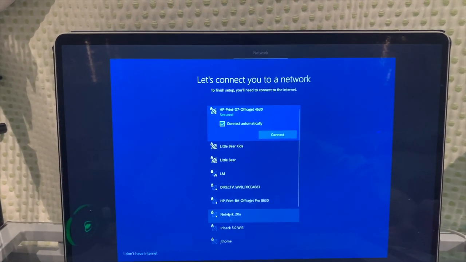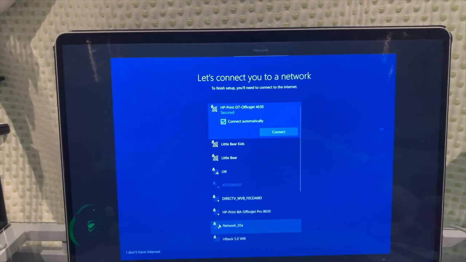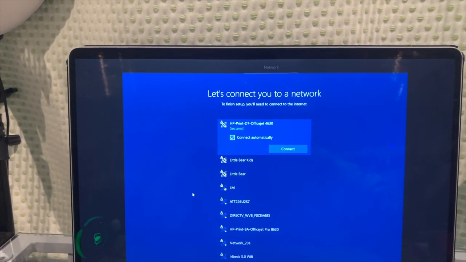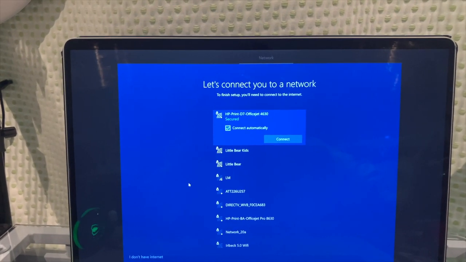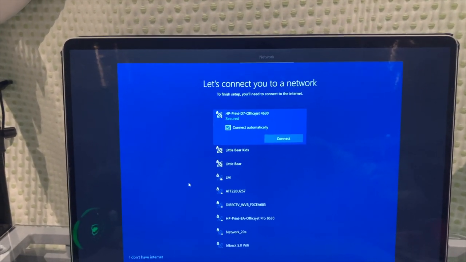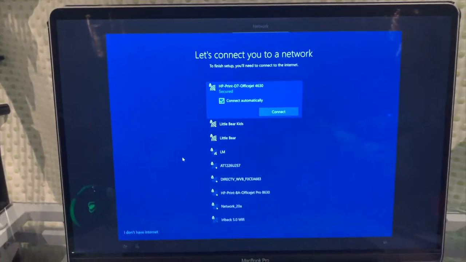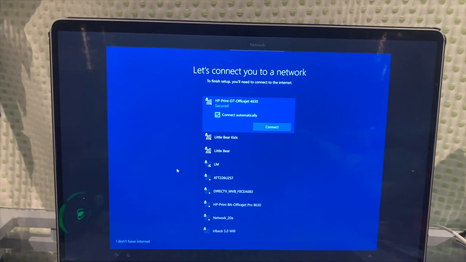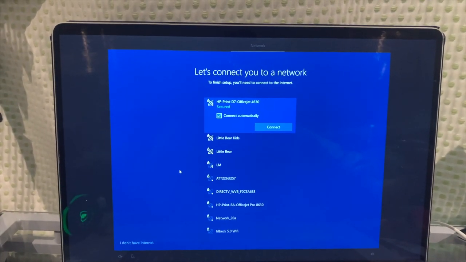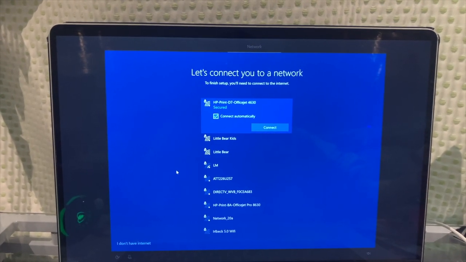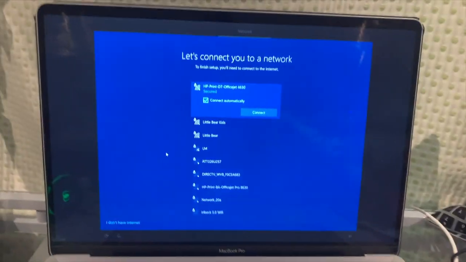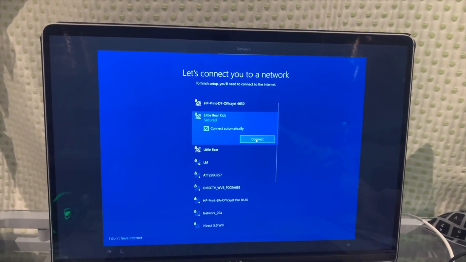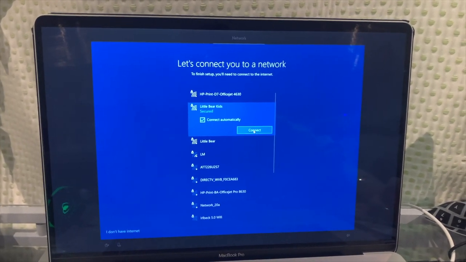Let's connect you to a network. So, some people have said that they need like a USB, or they need to be plugged in, or they're having internet issues. Long story short, I think that's what it's telling you, is that you need to have an Ethernet cable plugged in. Now, as you can see, this is wireless, so I can't really help you there. But connect to a network,